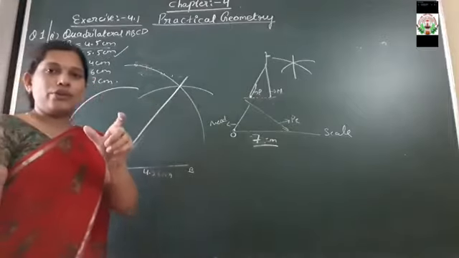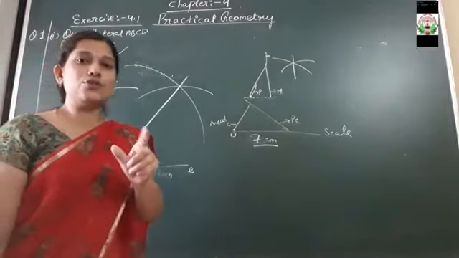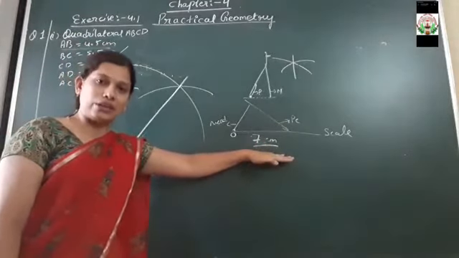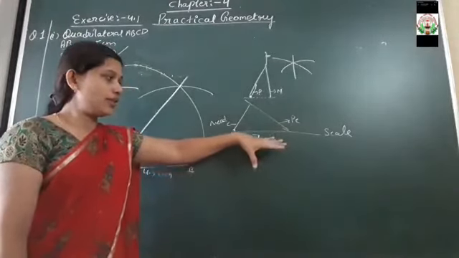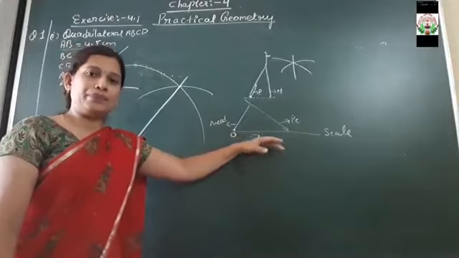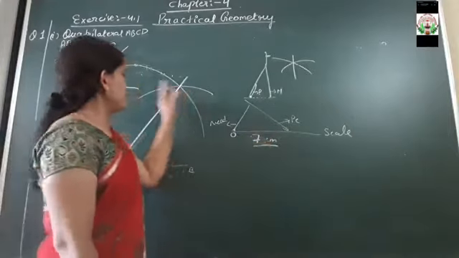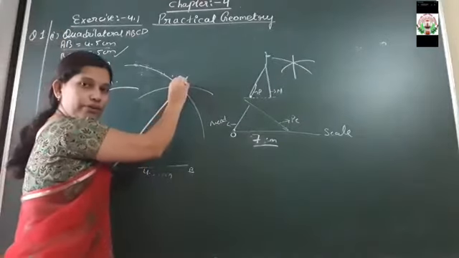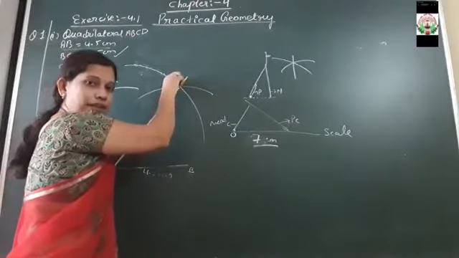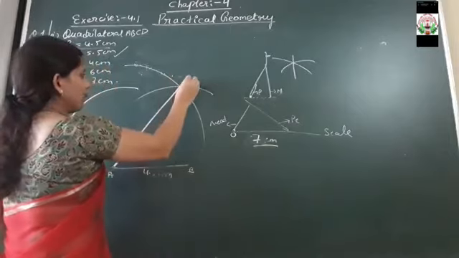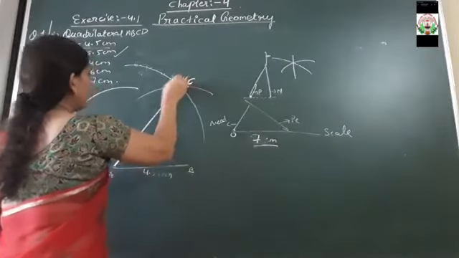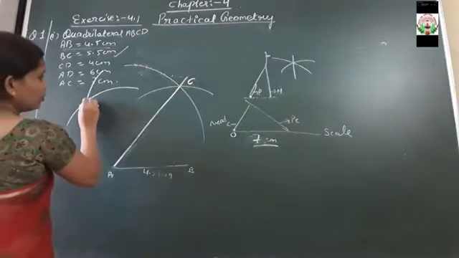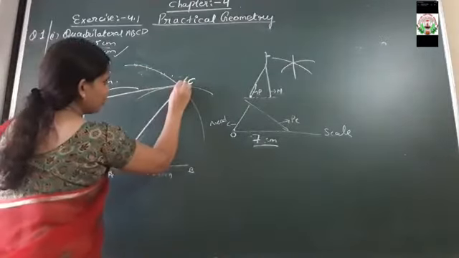Again on the mouth of your rounder you have to measure 4 centimeter. As I told you beforehand how to take the measurement of the needle, in the same way you have to take the measures on the mouth of the needle, that is 4 centimeter. Okay. Keeping the needle of the rounder here at point C, draw another arc. Okay, here you got an arc. So this arc will be joined over here.